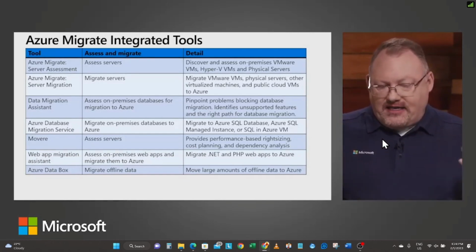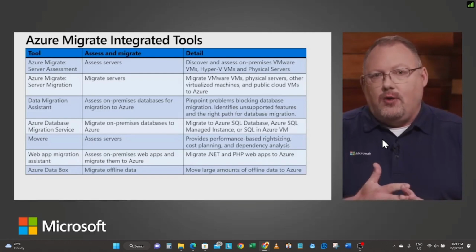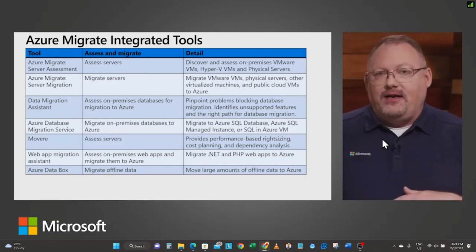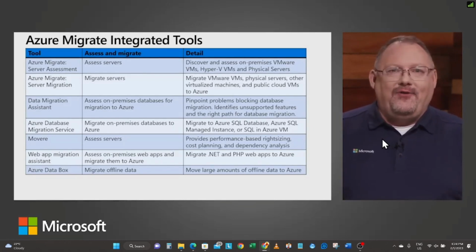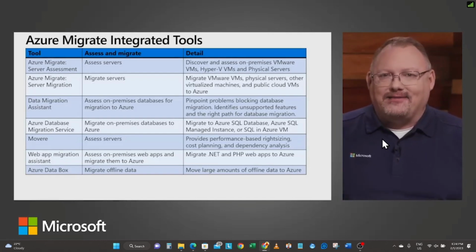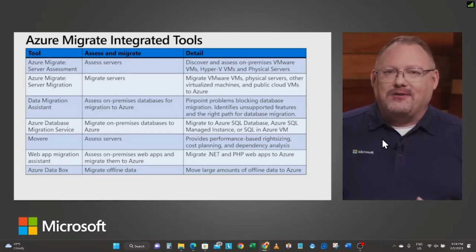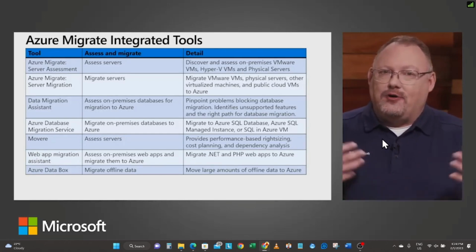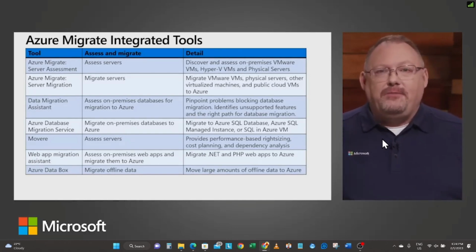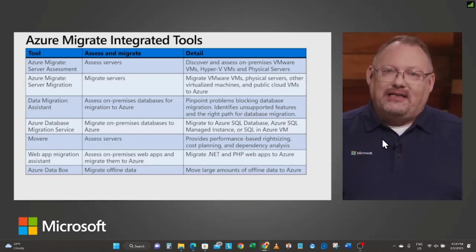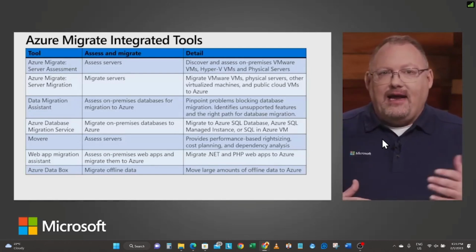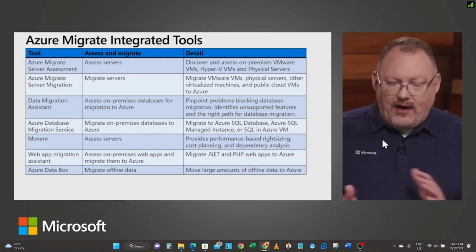We have Azure Migrate to assess servers. Those are one of our tools that we can use. We have the Web App Migration Assistant. If we want to just move the web apps from on-prem and migrate them in either .NET and PHP. Now, if you're new to Azure, and this is the first time you're hearing a Microsoft person talk about Azure, yes, I just said PHP. Microsoft and Azure has been designed to be heterogeneous at nature. We don't care what your workload runs on-prem. Azure, chances are, speaks those languages or speaks that database technology. Yeah, in our modules, we're going to focus on a lot of our Microsoft technologies, but fundamentally, any of these tools work exactly the same way.